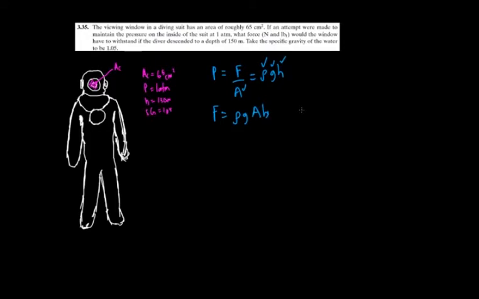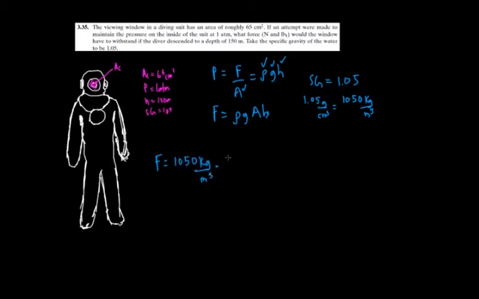Okay, so all we have to do is plug this in. Force is equal to density, and we know the density from the specific gravity. The specific gravity is given as 1.05, and from the specific gravity video, we should know that this equates to 1.05 grams per centimeter cubed. If you do some conversions, multiplying by 1,000 will convert this to 1,050 kilograms per meter cubed. I challenge you to multiply by some conversions to see if you get the same thing. So the density is 1,050 kilograms per meter cubed